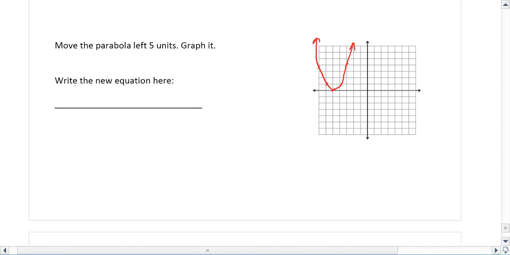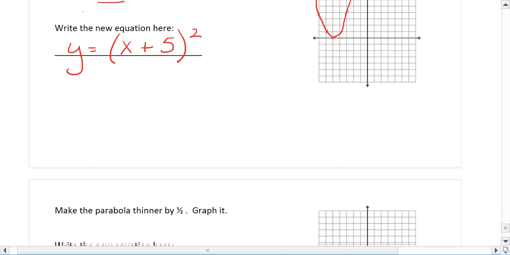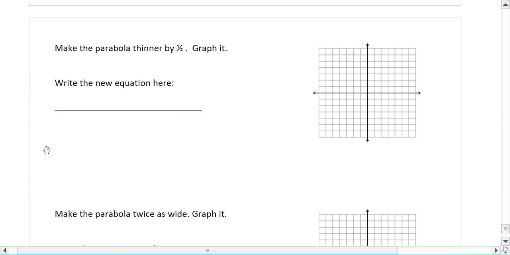Hard to draw them freehand with this stylus. So please press pause in the video and come up with the correct equation to move the parent parabola left 5 units. And I assume that you found that it is (x + 5) quantity squared. The next translation I want you to try is to make the parabola thinner by 1/2